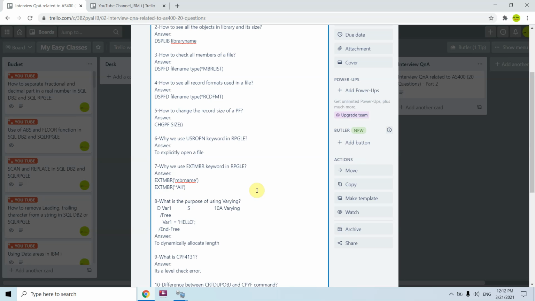When we compile that RPGLE program before changing the PF, the level identifier which was earlier associated with the PF gets associated with the RPG, and it stores that. When it runs, it checks for that level ID, but this time the PF changed, so it won't find that level ID and it will throw that error.